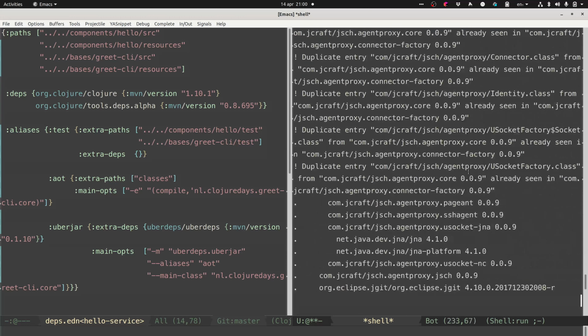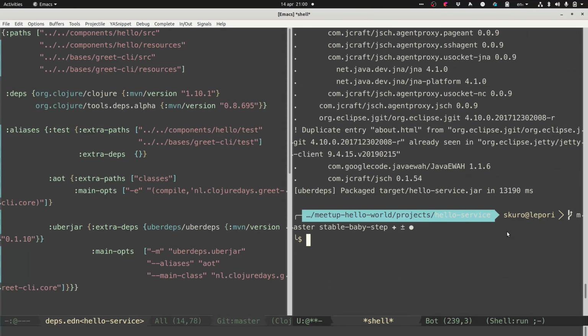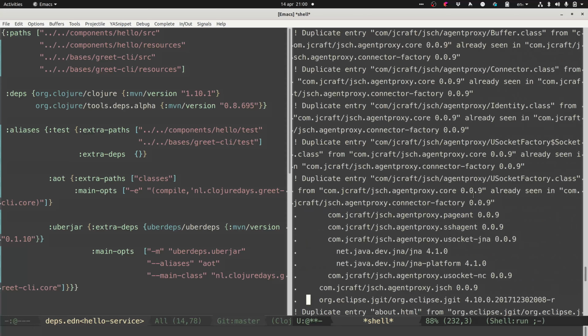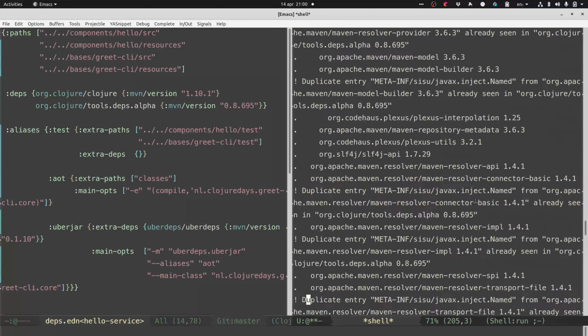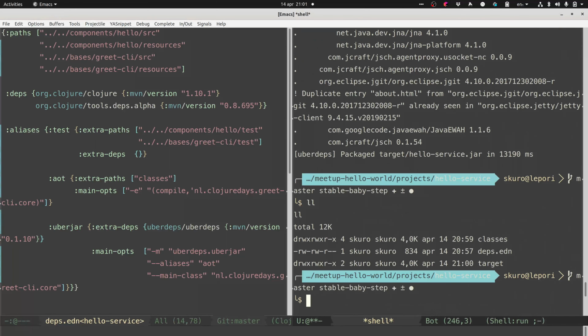Jesus, how many? You see, when I said it feels like JavaScript, right? I didn't explicitly mention any dependency, and here you are. That's how much stuff I already have. Anyways,